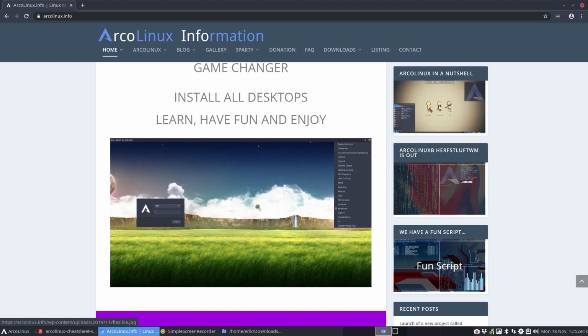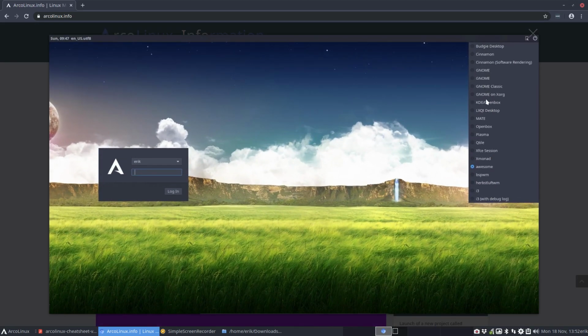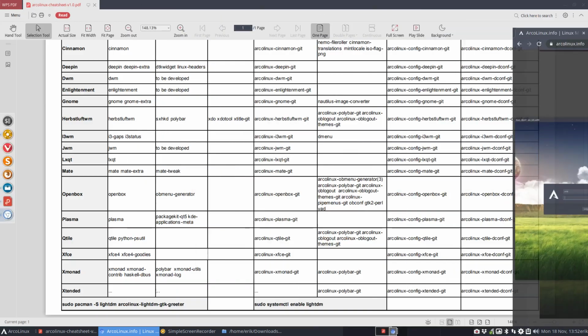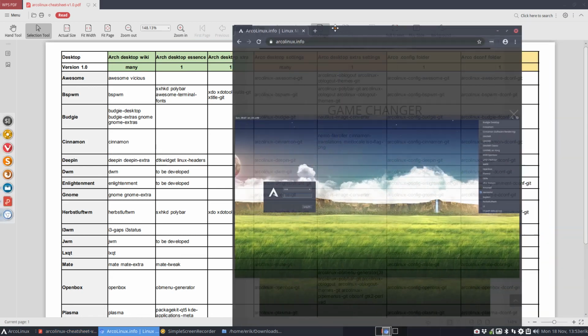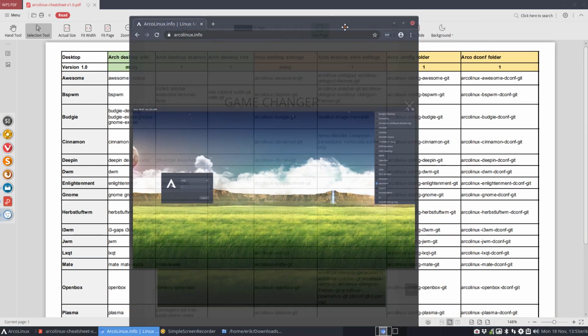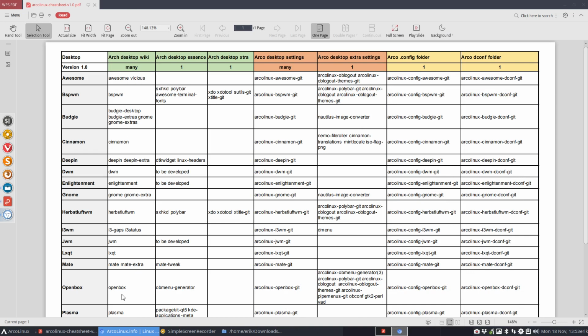If and when, and that's what we're going to do later on in the video, if and when you install all these guys, if you say I'm going to install this column, the green, all the greens, let's call it like that, all the greens, and the first column here of the orange, you'll have a look like this. You'll have all the elements, all the desktops. These are the applications, these are the configurations, these guys are the configurations of the applications. Not necessary if it's a Cinnamon, a Deepin, a Plasma, but it is super essential if you have a tiling